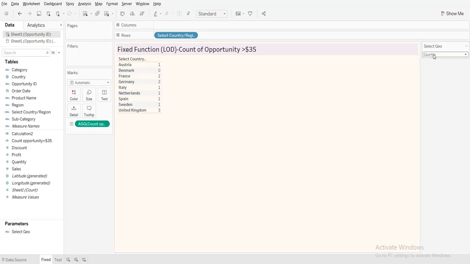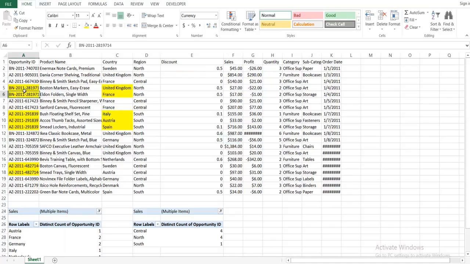Suppose I go to region level. This is also a count based on the opportunity IDs. If you look at the data here, the opportunity IDs are the same for two different countries, but they fall under the same region.